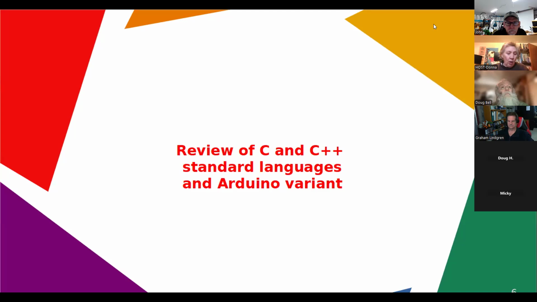So a review of C and C++ languages, the standard and Arduino variant. Okay, so let's talk about C right now. As far as the standard is concerned, now this is aside from Arduino, there's what's called the ANSI. It's an American Institute Society, is what ANSI is coming from. There's the ANSI standard version,